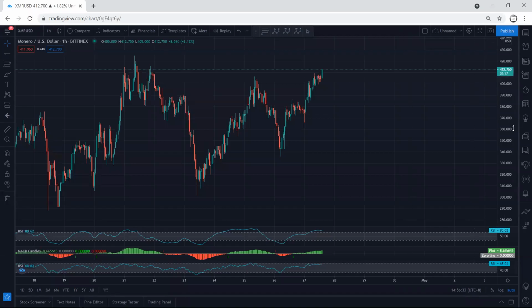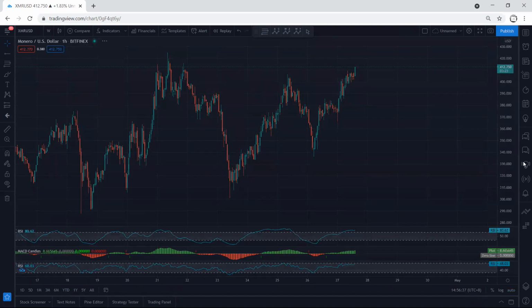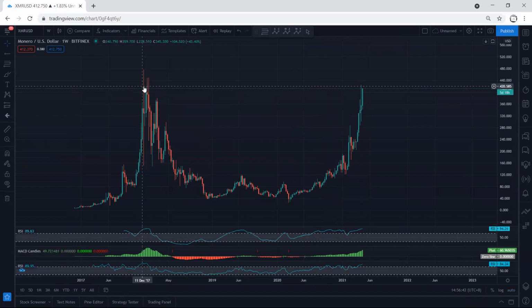XMR, we start with the 1 hour chart. You want to see how we can look for a trade. I think it's better we start with a higher time frame. If we refer to the weekly chart, as we can see, based on the weekly chart, the price is almost near to the